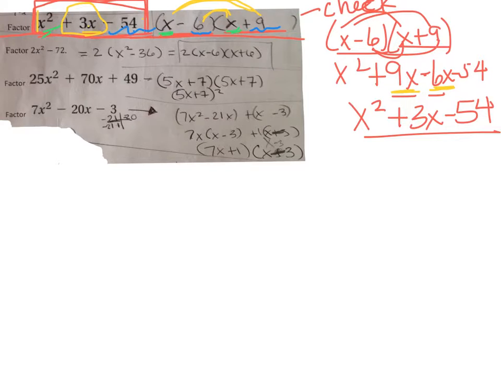Jumping down here, when the leading coefficient isn't 1, it's a little trickier. This is a special one. Anytime you have a leading coefficient that isn't 1 but is a perfect square, like 25, and the last term's a perfect square, try just factoring it into those square roots. Now, if it's a trinomial, you keep all the signs the same. So everything's a plus over here. So we just did the square root of 25 as first, the square root of 49 as my last. And then when you check that,